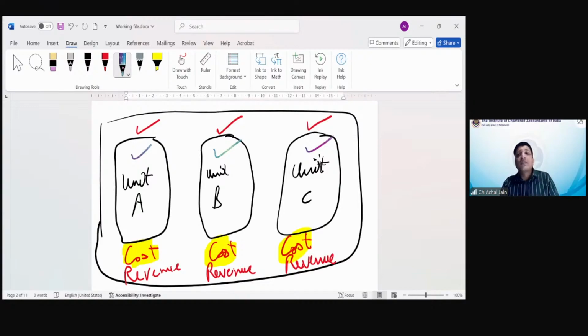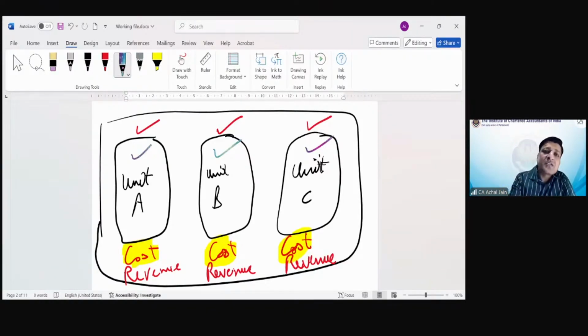You can't just make those assumptions on your own. If you do those assumptions, that will be inappropriate. So let's go by the information which is given in the question. What does that information say? It says separate costing, separate budgeting has been worked out, separate revenue is identified. So let's call them separate contracts and not single contracts.